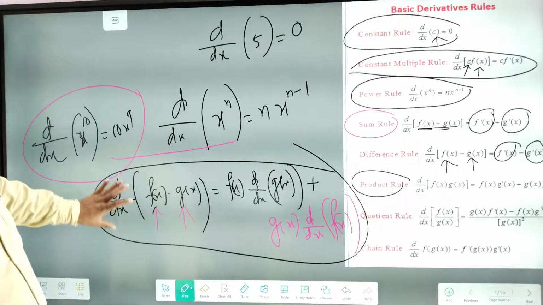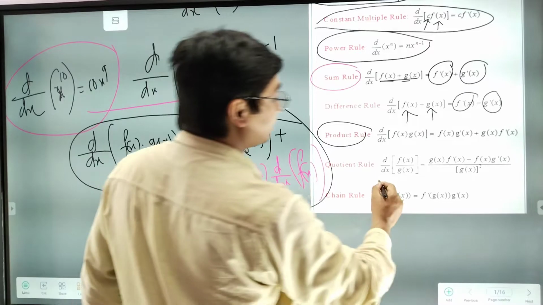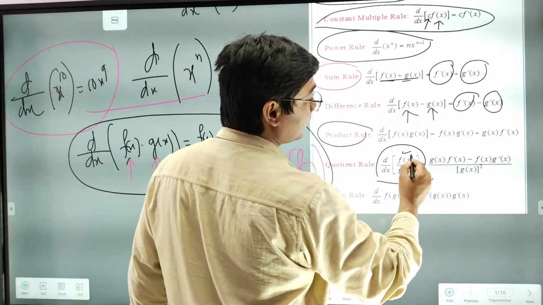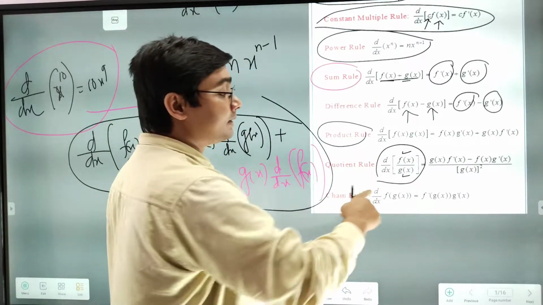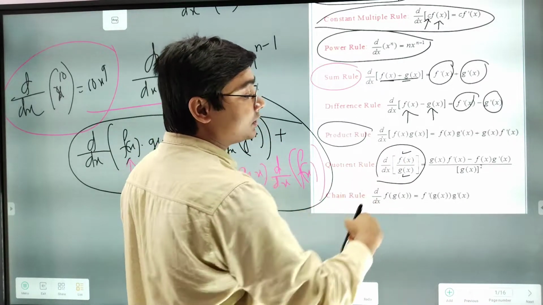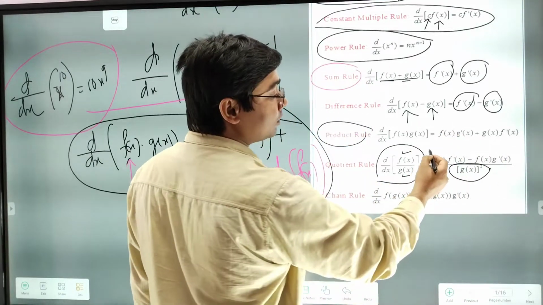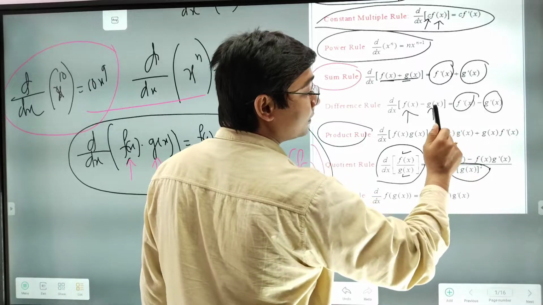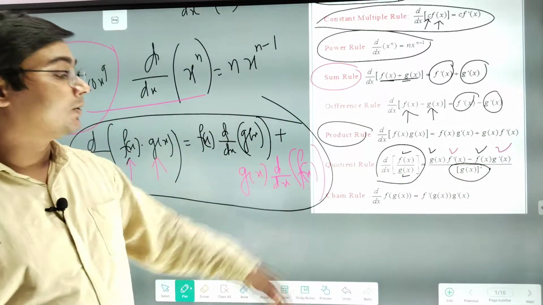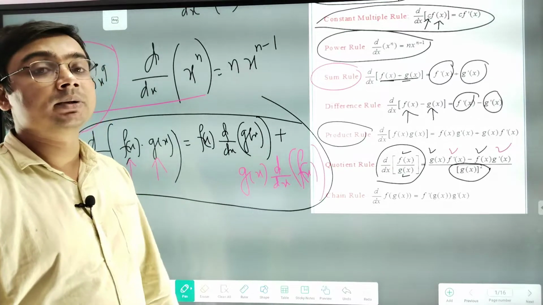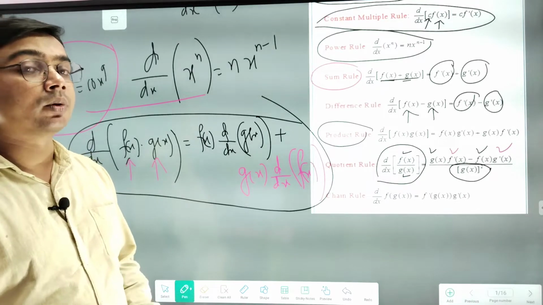And also there is a rule for division, or the quotient rule. So you see the quotient rule, the derivative of f of x divided by g x. You see this f of x is nothing but the numerator here, g x is the denominator. So the derivative of this one will be, first of all you put the denominator square, and then denominator into derivative of numerator minus numerator into derivative of denominator. Yes, so this is called the quotient rule. So you have to remember these 4-5 rules, they are most important to find